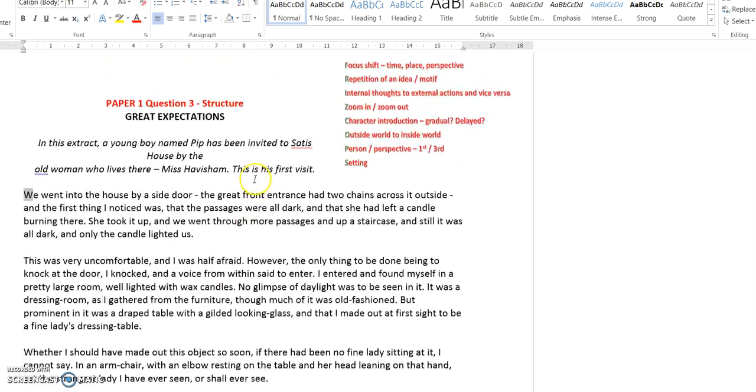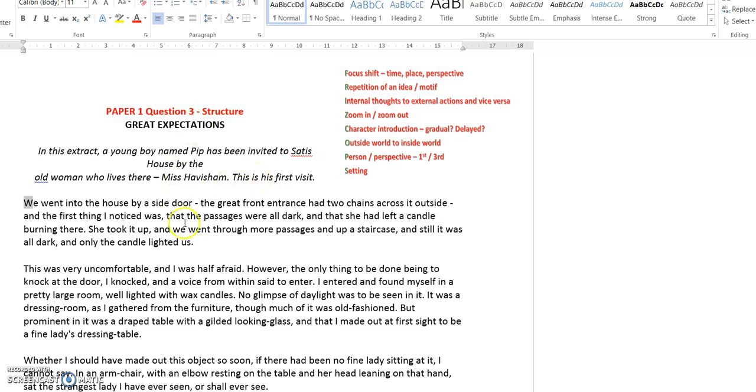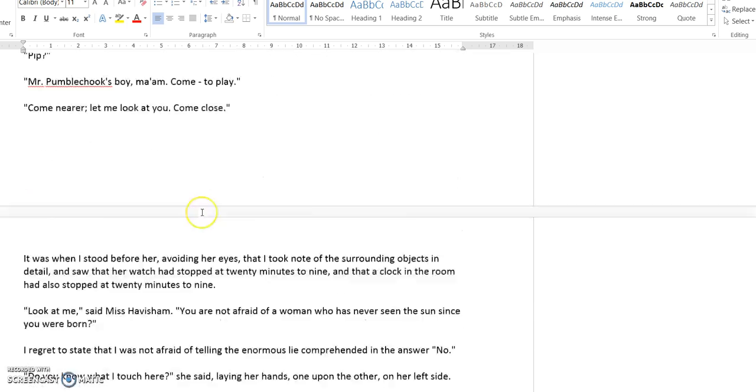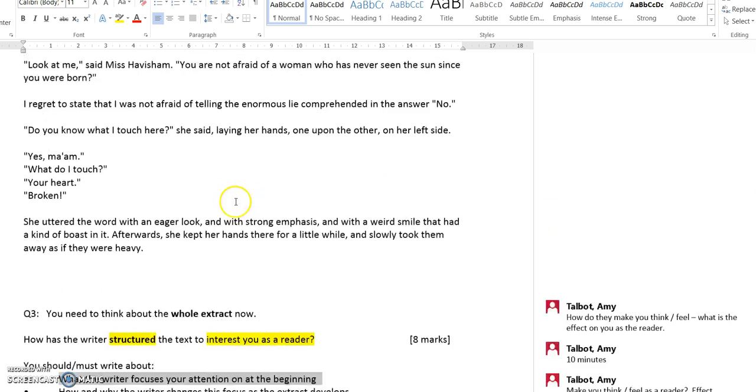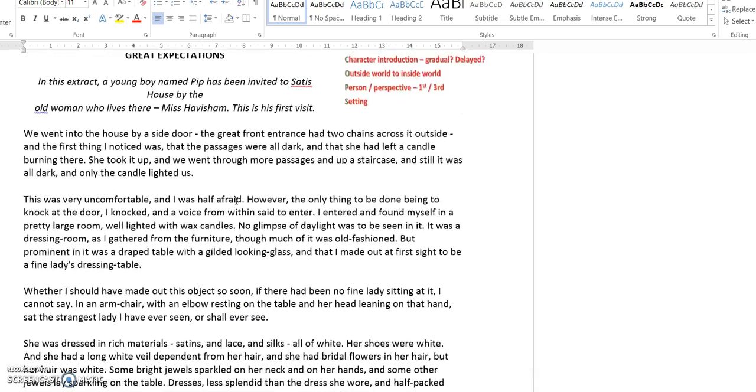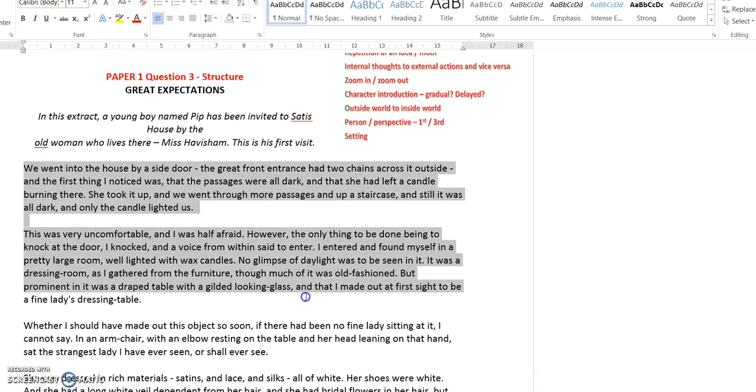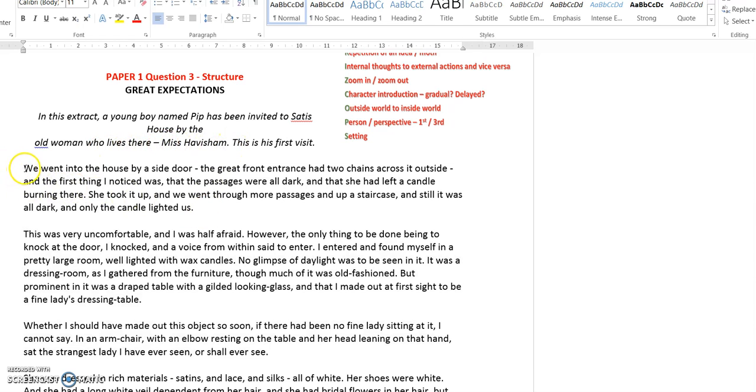So if we start at the beginning then, the first bullet point is what the writer focuses your attention on at the beginning. My first lot of annotations are going to be on this first chunk here, because this is the beginning. As it says at the top, in this extract, a young boy named Pip has been invited to Satis House by the old woman who lives there, Miss Havisham. This is his first visit. So we've got a first person narrator,